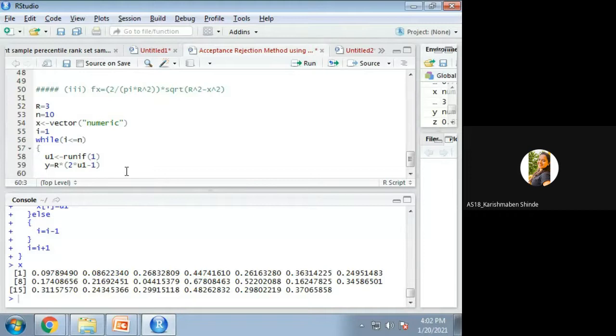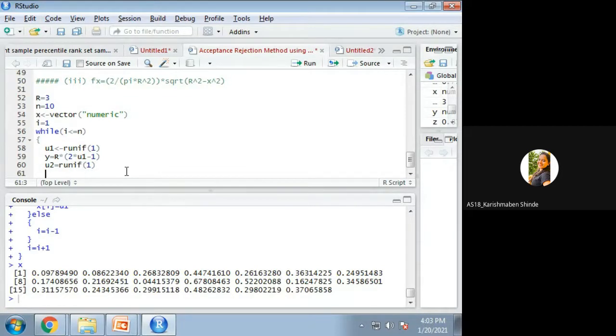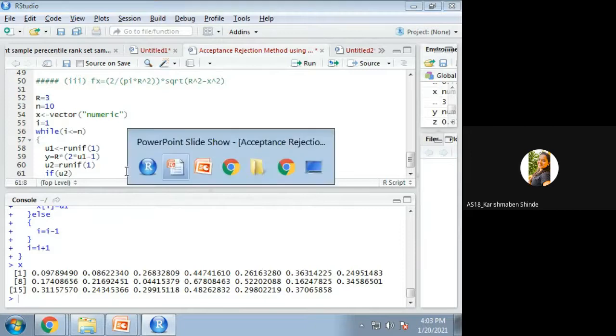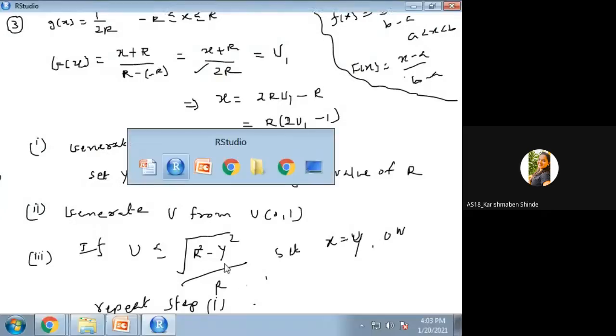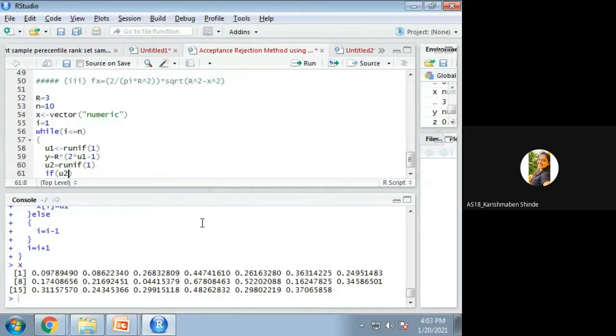And then we generate u2, another uniform random number. You can do the assignment in two ways: you can simply write equal to, or use the less-than-hyphen arrow. That one is also assignment. Now you wish to check if u2 is compared with this, where the whole thing is under the square root, and below it is r. So u2 is less than or equal to